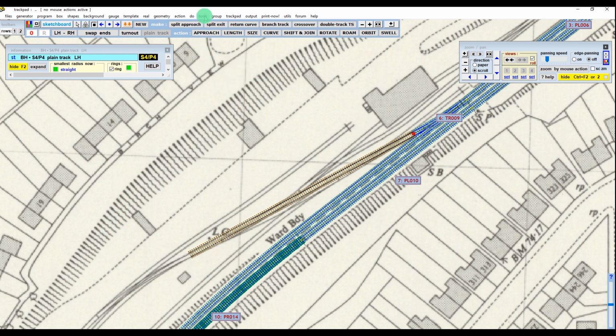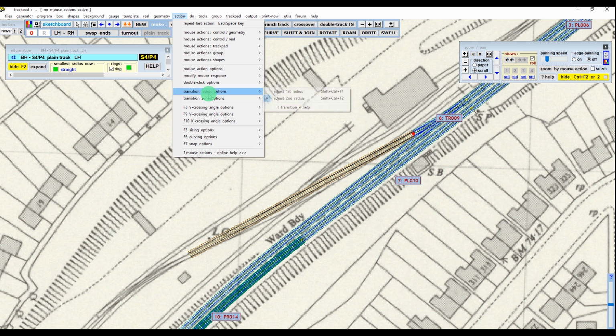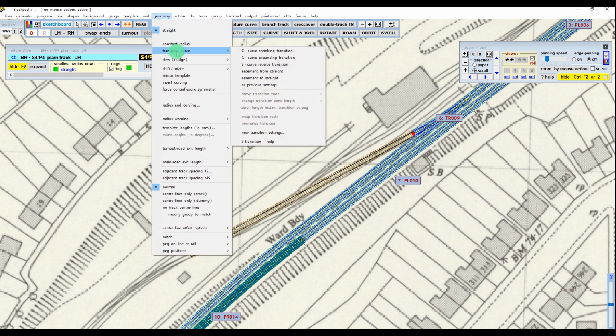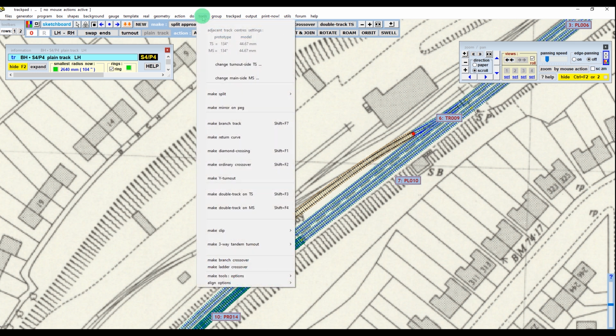And what I think I'm going to do here is I'm going to make this a transition curve, an S-curve, reverse transition. And can you see how it's sort of developed that S-curve shape, which is roughly what we've got going on across this piece of track work here. So what I can do now is